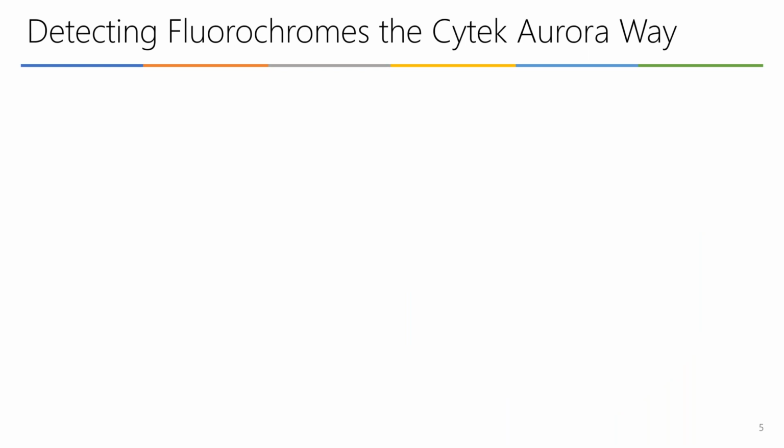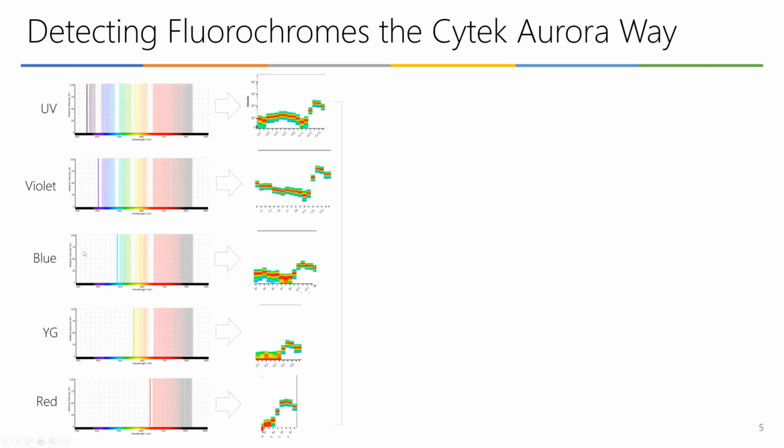Well, fluorochromes typically are excited by more than one laser and emit over a range of wavelengths. And Cytek has a different way to capture that information. The data set that we will discuss today was generated in a 5-laser unit. So after lasers excite the fluorochromes, we captured the entire emission across multiple APD modules, slicing the wavelength range into pieces,